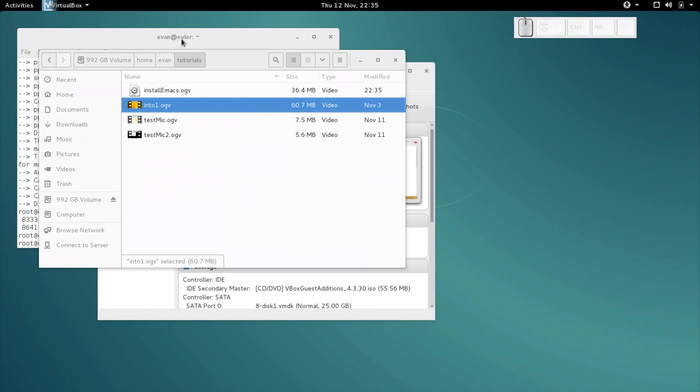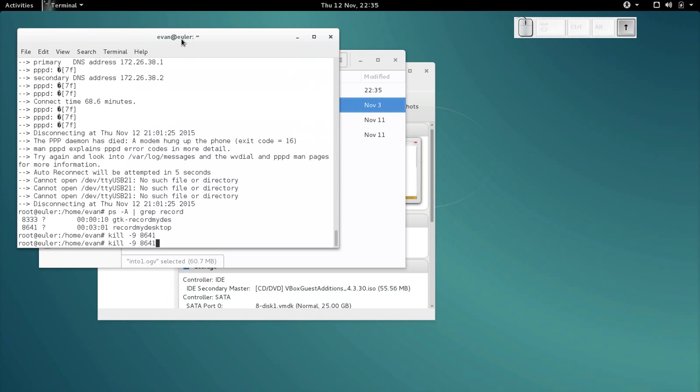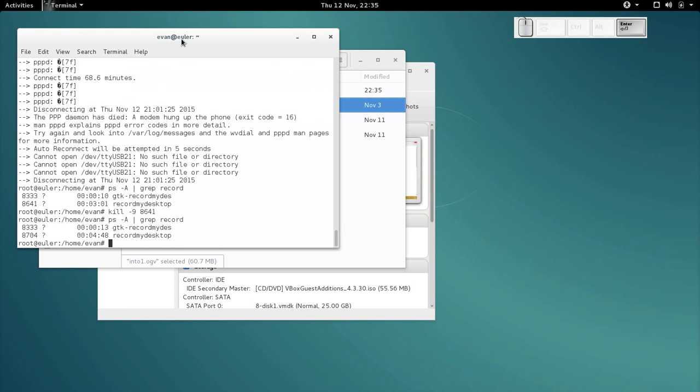So that worked, and now we can prove that it worked by going to the search. We see Emacs,